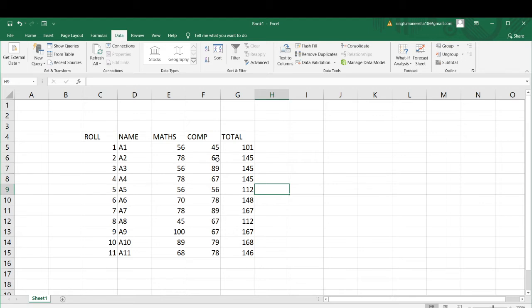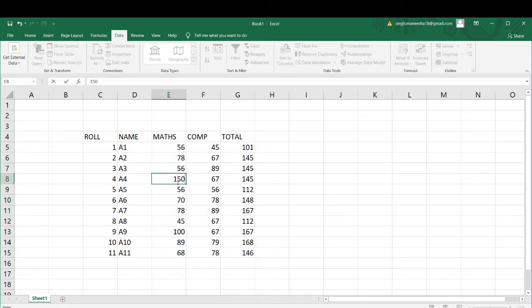Now data validation, children. What is data validation? It will restrict the entries. It will restrict the type of data that the user enters in a cell. For example, if my maths marks is out of 100 and I enter more than 100 marks, right now it will take it.